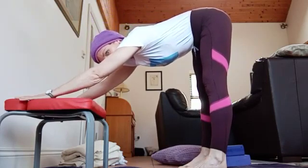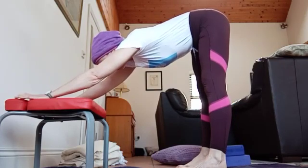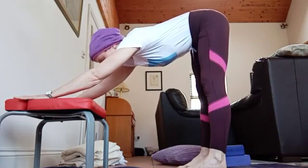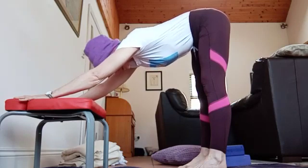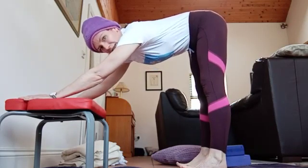I'm extending my arms along the seat of the chair and I'm getting quite a nice extension through my spine. I'm looking forwards, I'm not letting the head hang or drop down like this. At this point, I'm just going to get an extension in my back. Now, good thing to do,